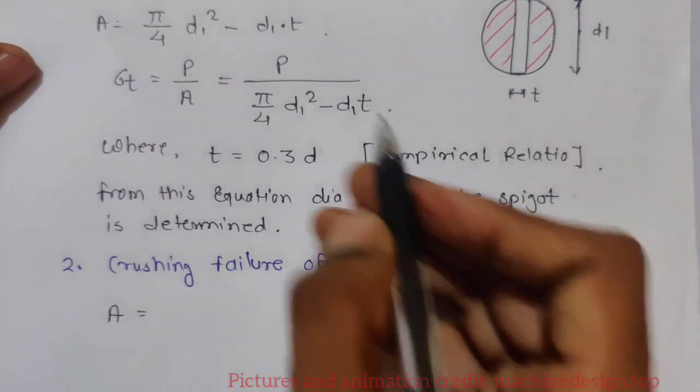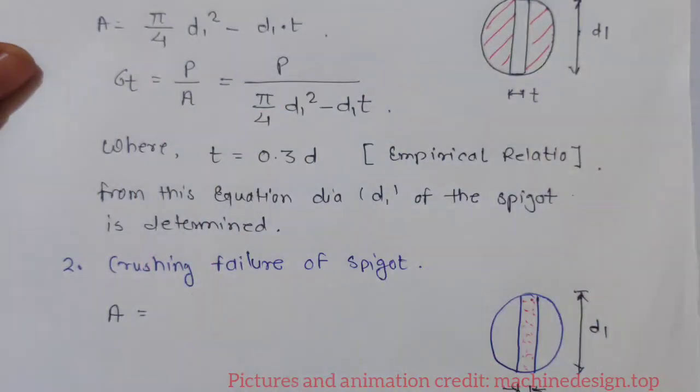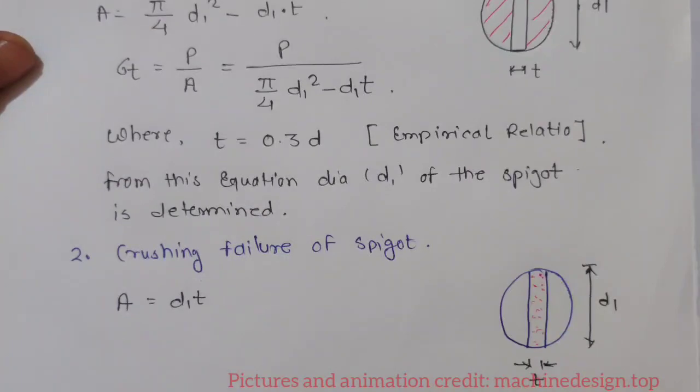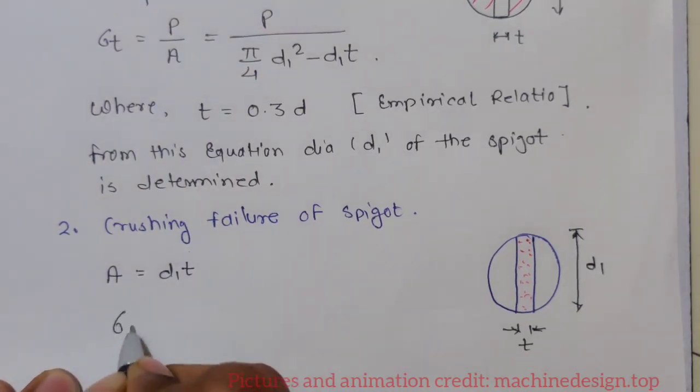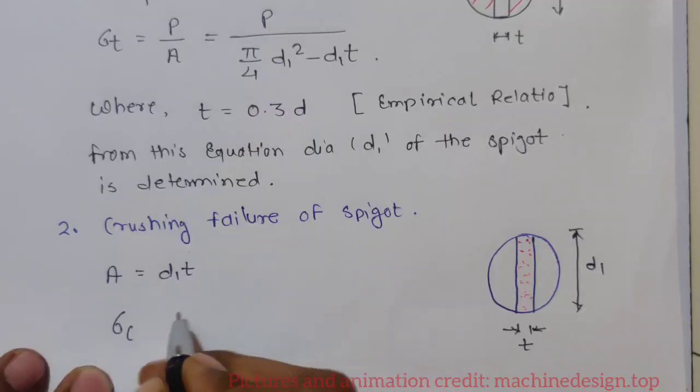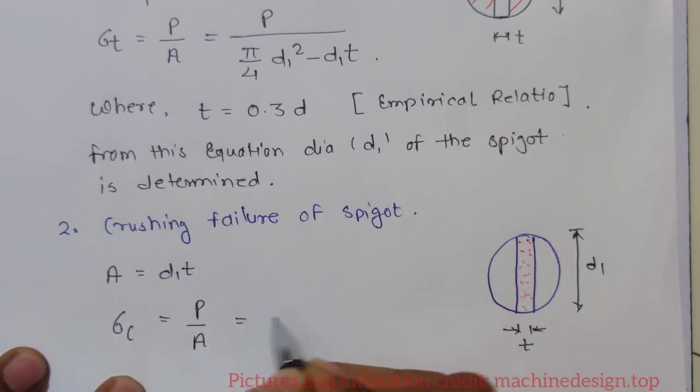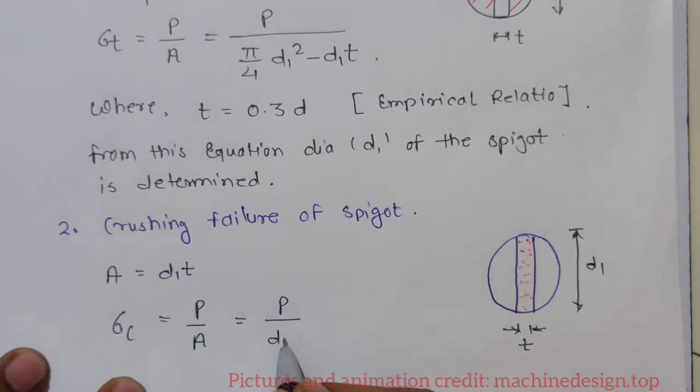So area will be now only this much, D1T. Area is D1T, right? So we got the area also. Now crushing stress, sigma C or compression, is equal to force upon area, is equal to force upon D1T. Okay, now T value we are already knowing, so again find D1,